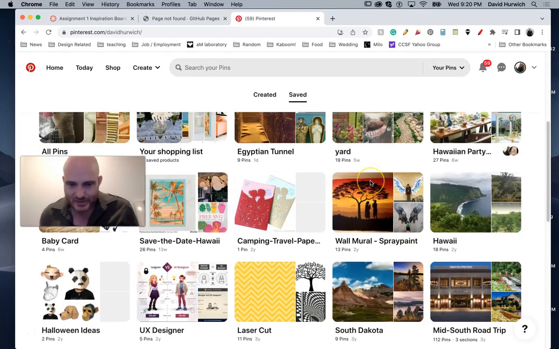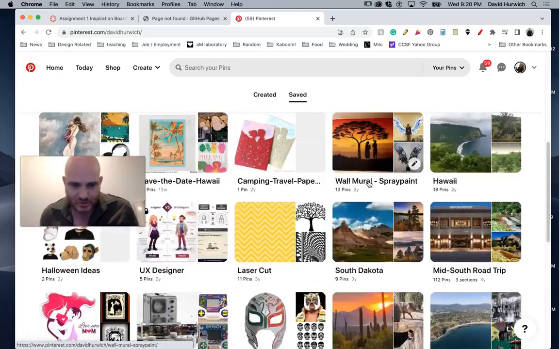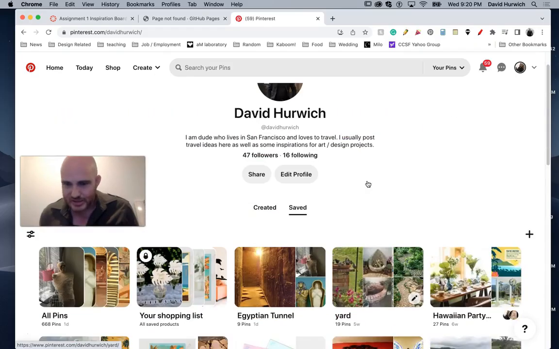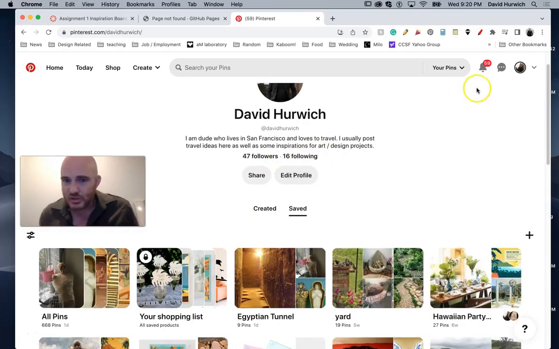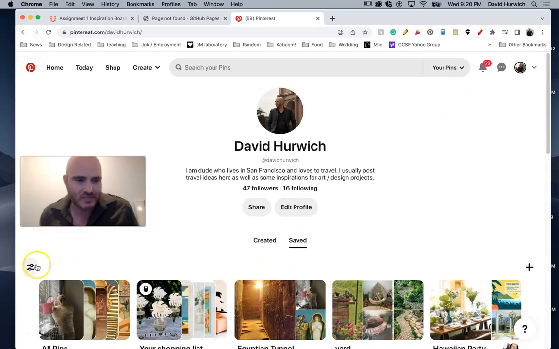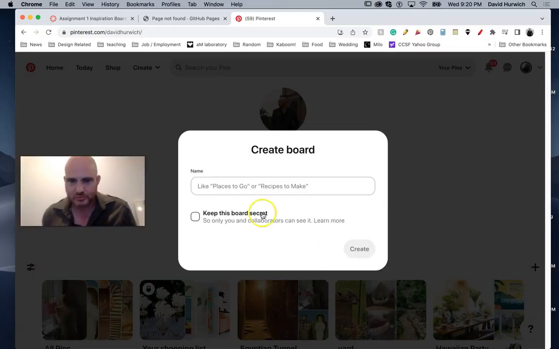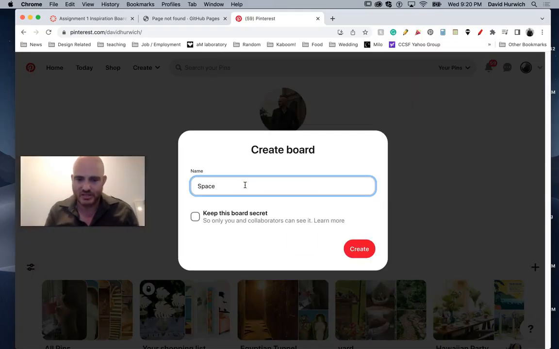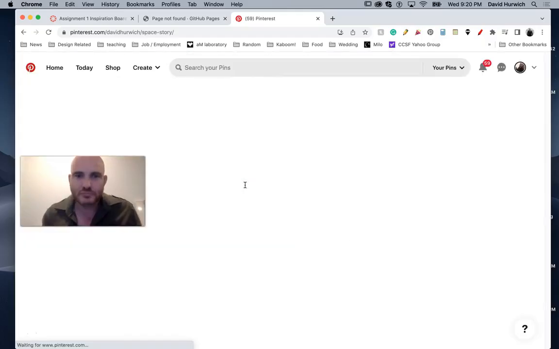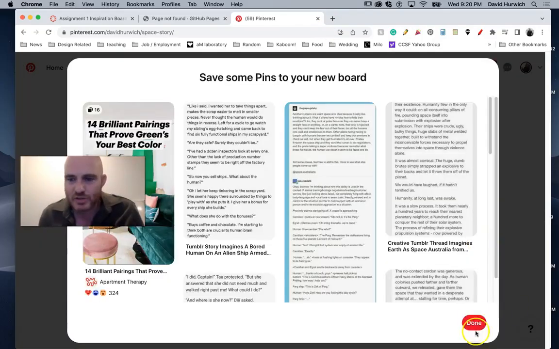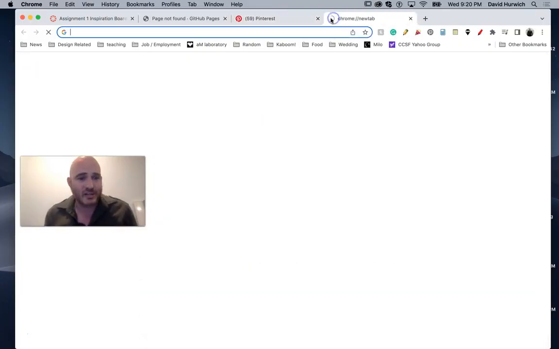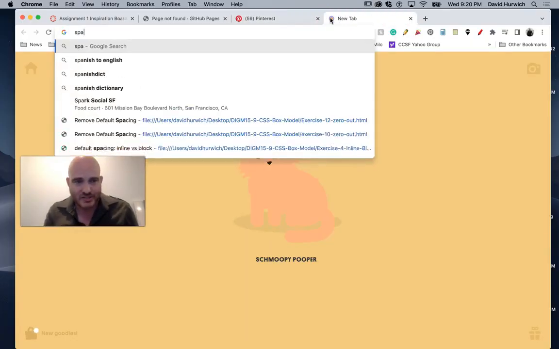So for instance, let's say you're working on a project. Your story's about space, maybe. So I'm just going to make a new board. I'll call it Space Story. And then what I want to do is find images that kind of inspire me for the story. So I might just look around